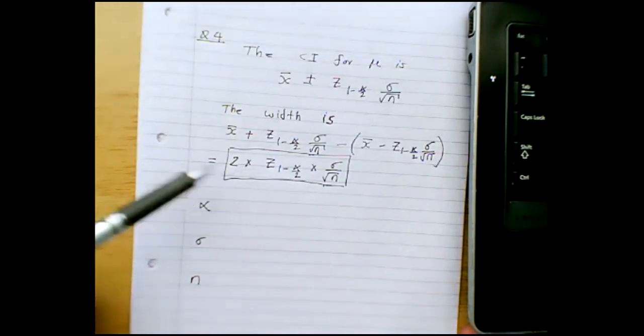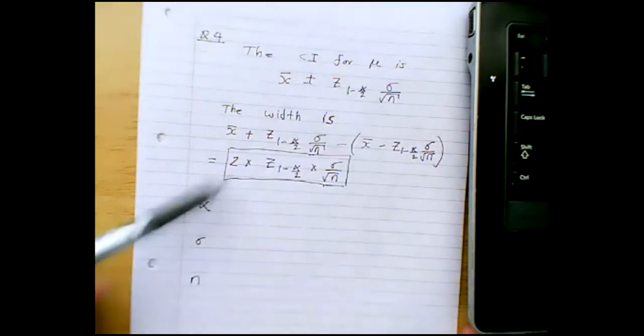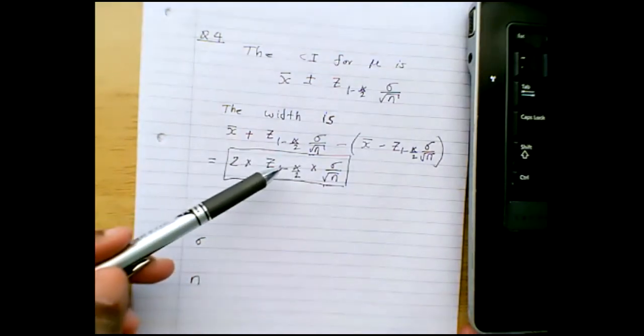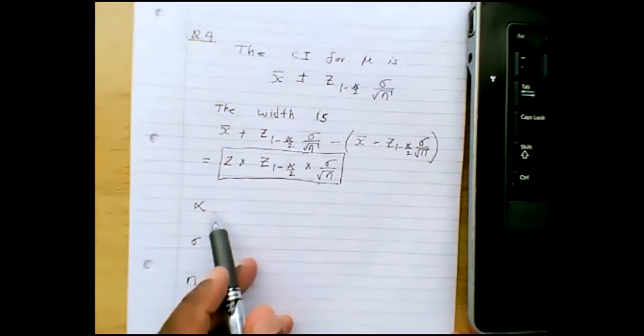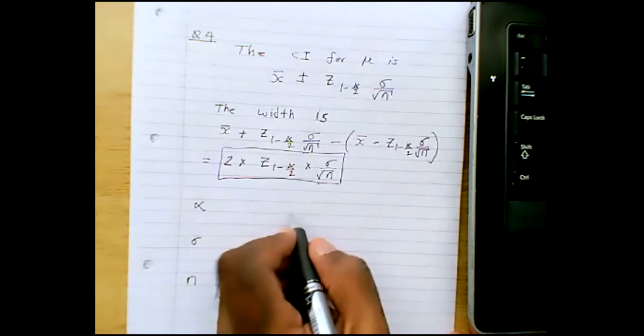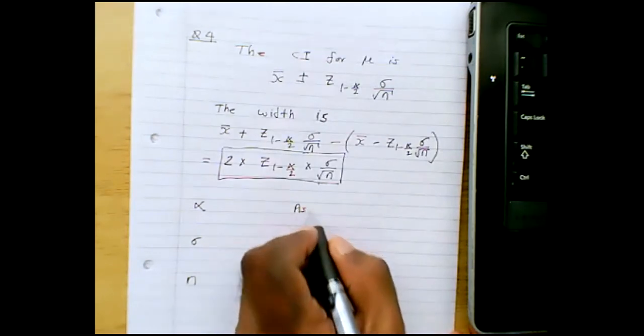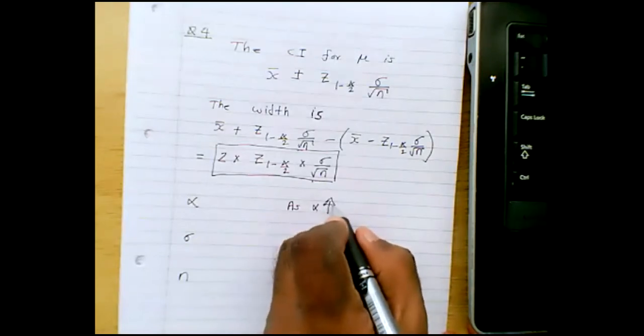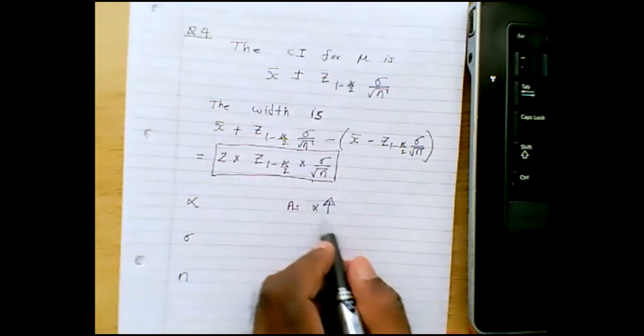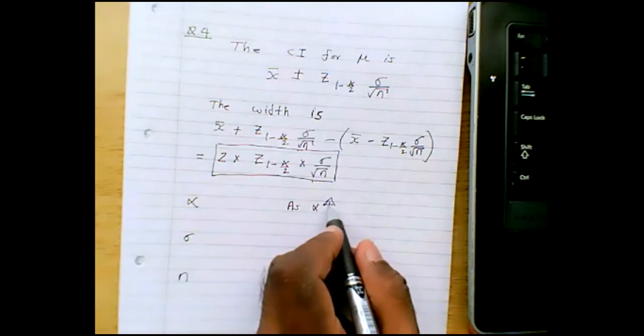Now, I'm going to explain how each of these affects the value of this width. Now, as alpha increases, I don't know whether you're familiar with this notation, this means alpha increases,